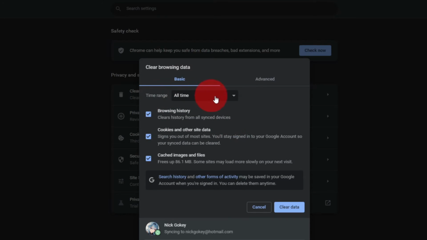You can do the time range here. It's set to all time, but you can do it for the last hour, last 24 hours, last 7 days, last 4 weeks, or all time like it's set to. But that just dictates what we're deleting and how far back we are deleting the history, cookies, and cached image